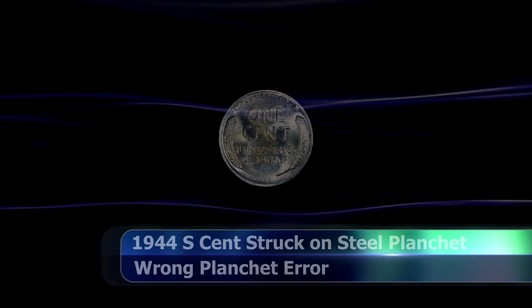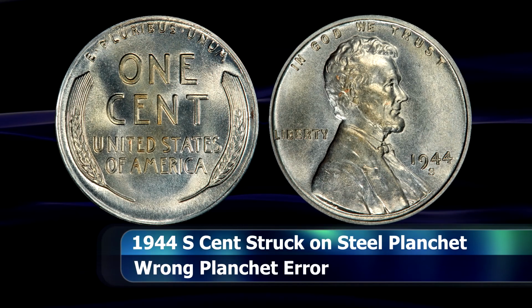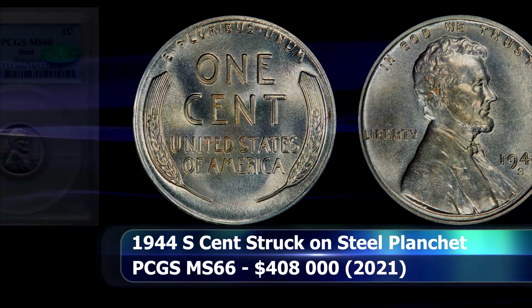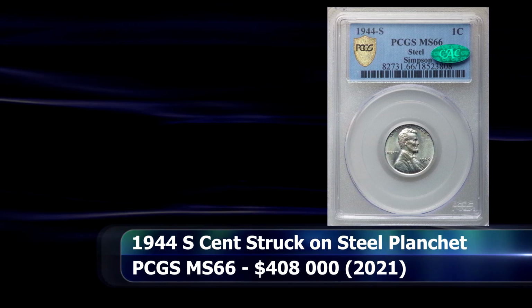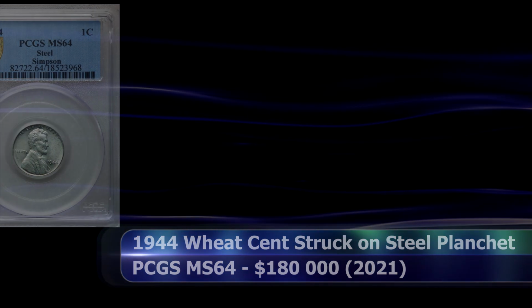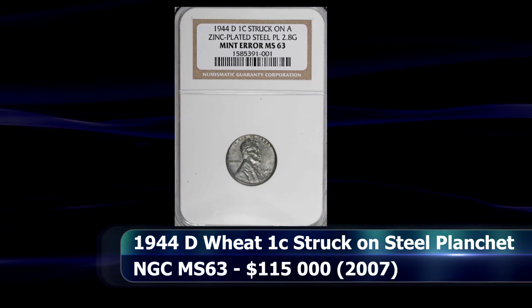$372,000. But then, the same thing also happened again in 1944, only this time the mint was supposed to end production of the steel pennies and resume minting coins exclusively in the regular copper. A few leftover steel planchets then entered the mix by accident. All three working mints were guilty again. This San Francisco Mint coin, the sole finest at a grade of MS66, was sold at auction in 2021 for the amount of $408,000, followed by an example from the Philadelphia Mint, graded by PCGS as MS64, that sold at auction in 2021 for $180,000. And then finally the Denver Mint 1944 steel penny that was sold at auction in 2007, then still graded by NGC as MS63, for the sum of